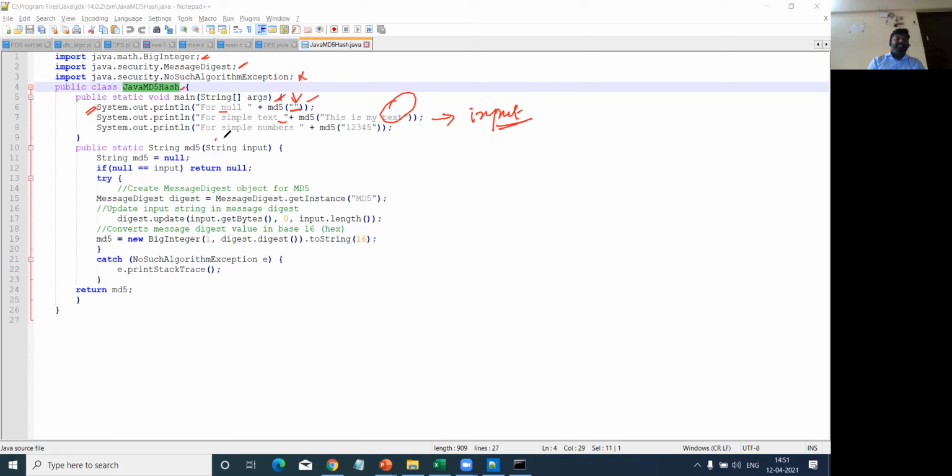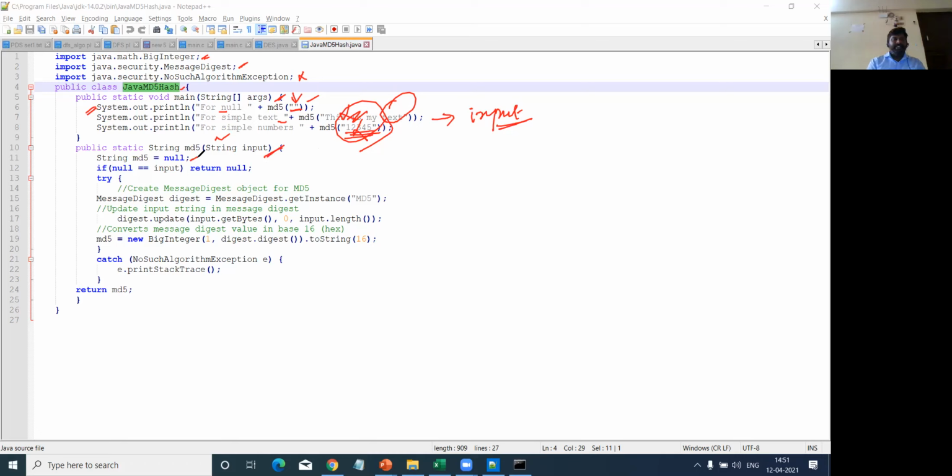Again, the third one is for simple numbers, and under the MD5 function I'm passing these input values, right? Definitely, if I change these input values, irrespective of whether it is text or number, I'll get a completely different hash code, right?